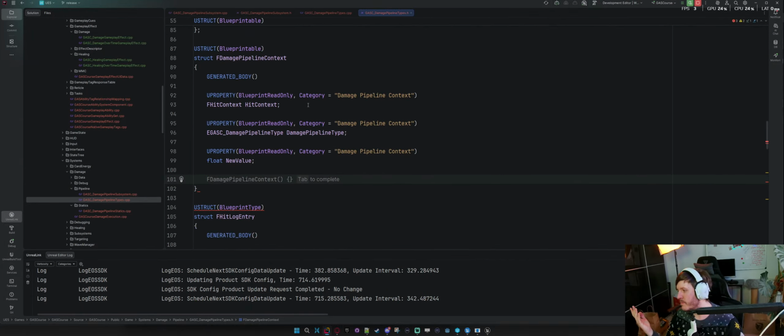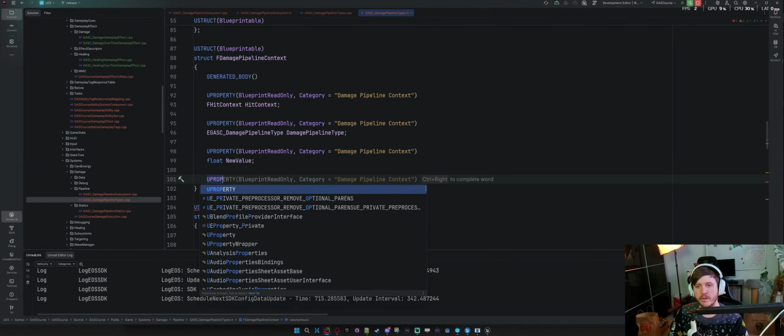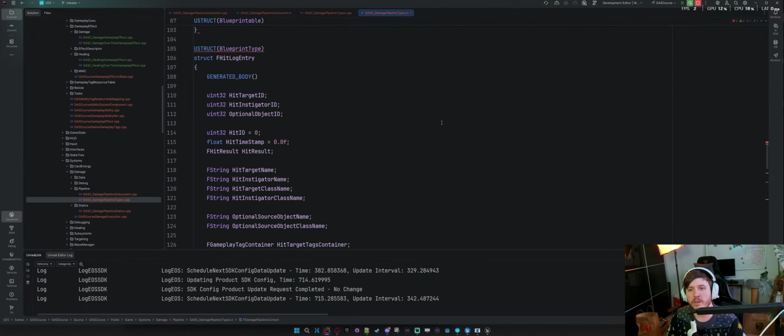So like the new value for health, I guess, but you can query that. But let's just do that. And then we'll say property, the value. What do I have to do?